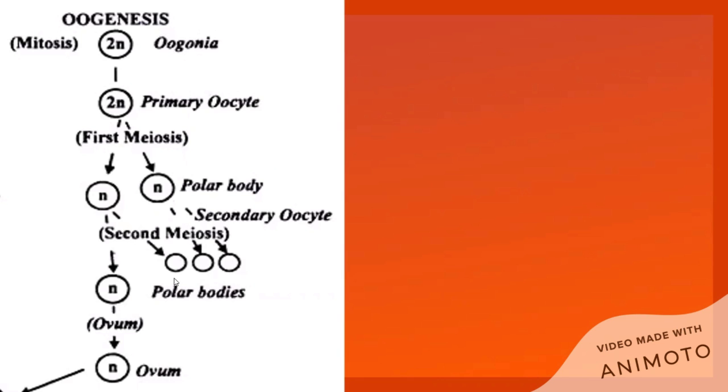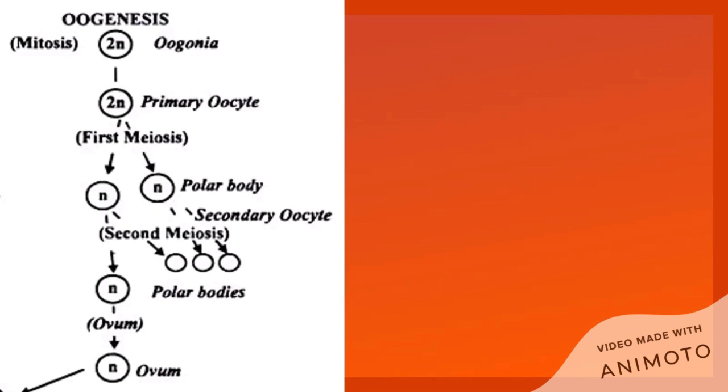We are about to do oogenesis. Oogenesis speaks to the production of the female gamete. Again, it can be viewed as a special type of meiosis, because it's meiosis that gives rise to the production of haploid cells. So we look at the site of oogenesis, which is in the ovary, where you have the production